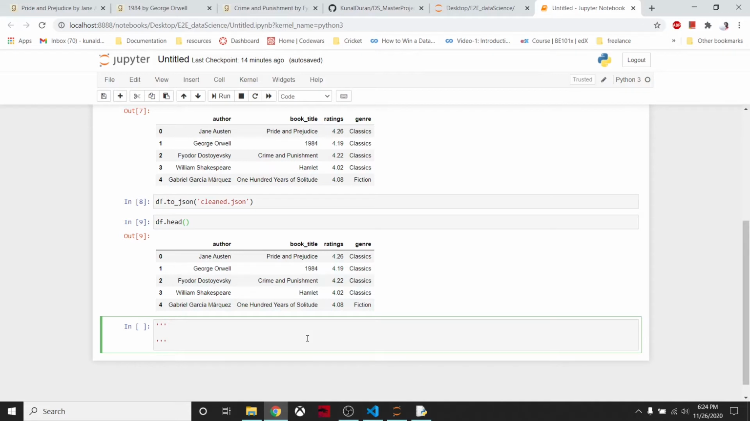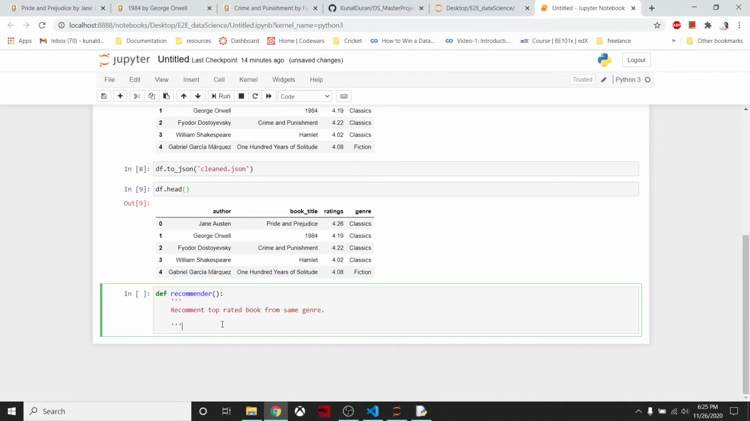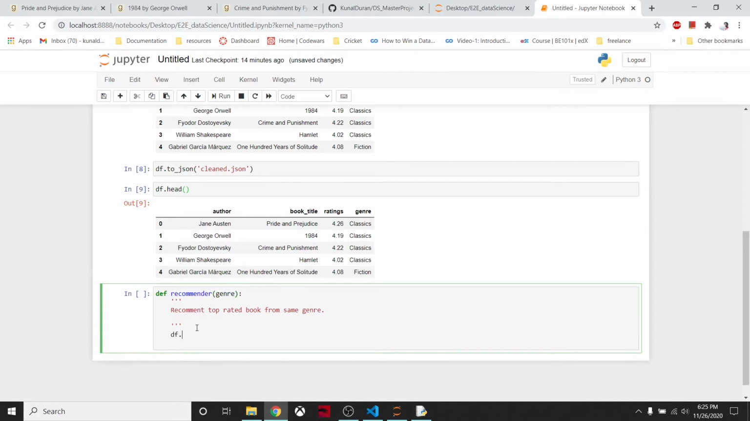Let me write it: recommend top rated book from same genre. Okay, so that's what we are going to do. Let me write the recommender. This is our function. This is our doc string. Okay. So next we'll put some logic here. We'll give it an argument, genre. So we'll say df dot